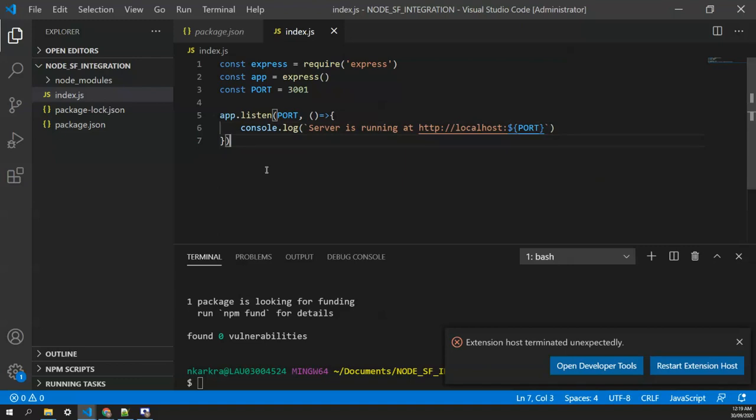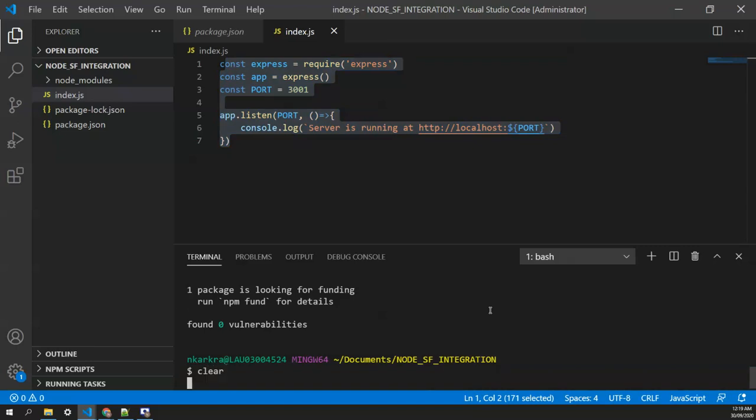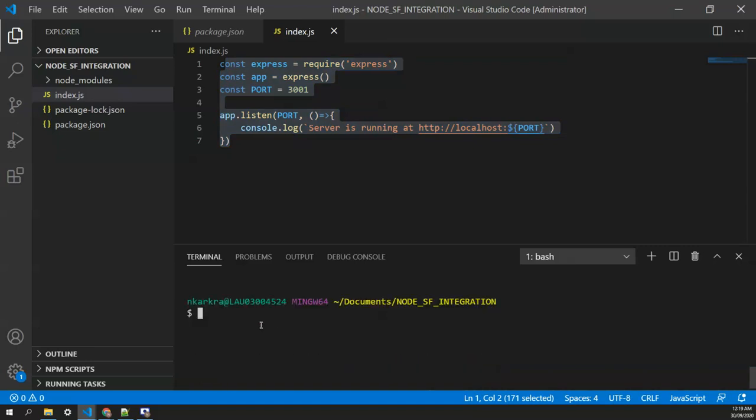So this is how we create our Express server, and let's start the server and see if it's running or not. To start the server, you just need to write node index.js, and our server is running.